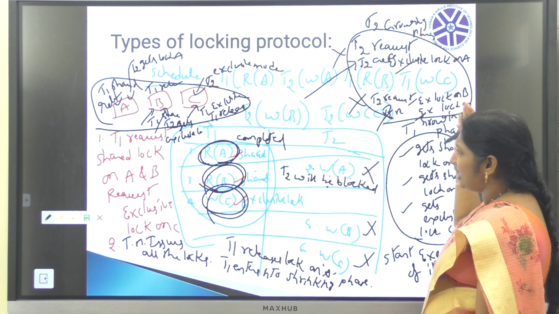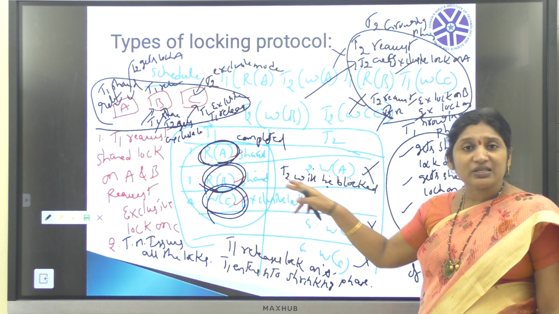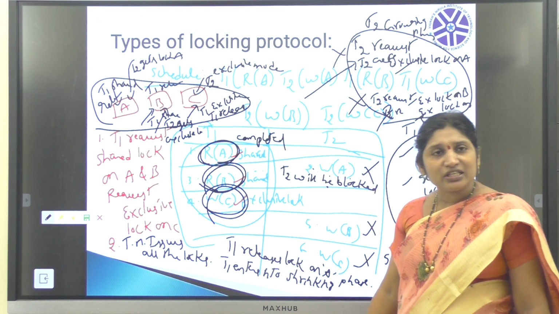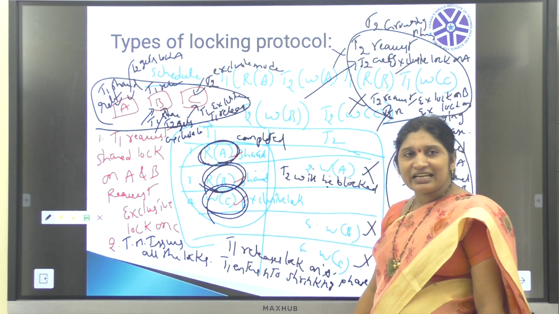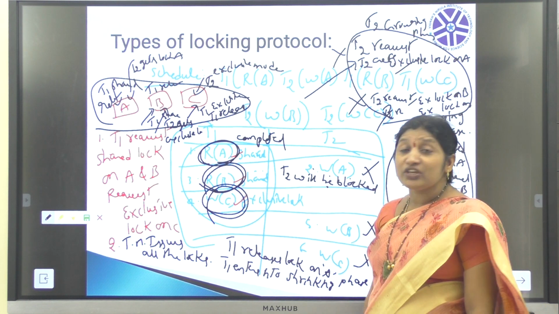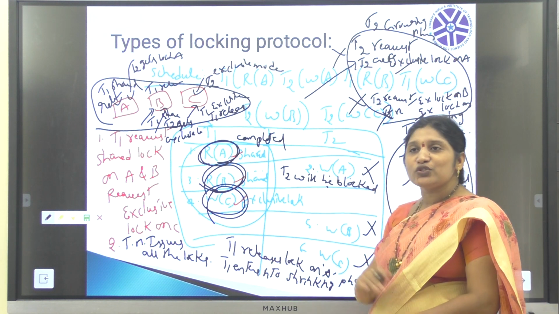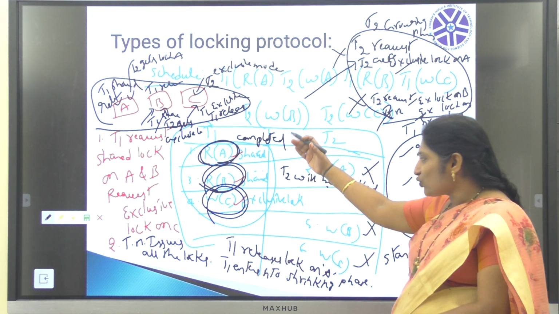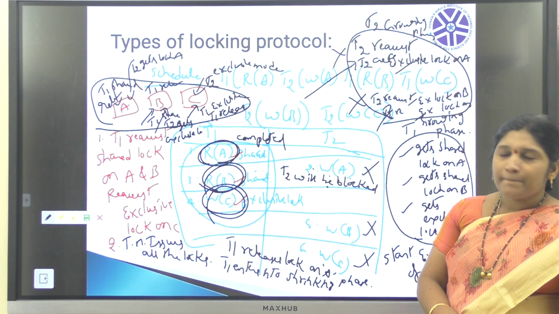So before executing any operations, all the transactions first request the particular locks they need. The transaction manager checks the availability of the locks on that particular data item. If they are available, the locks will be issued to the transactions. When the transaction gets all the requested locks, that phase is called the growing phase. Once the growing phase has been completed, the transaction starts its execution. After completing each and every operation, it tries to release the locks, and that particular phase is called the shrinking phase. Clear?